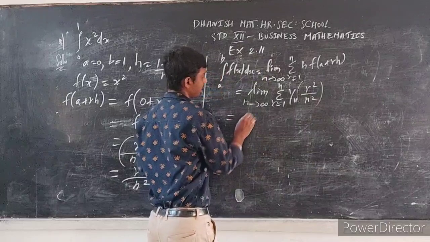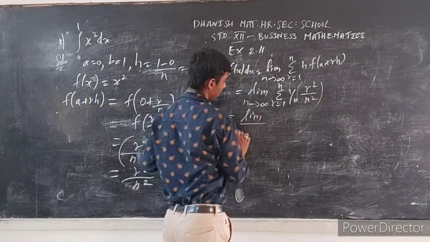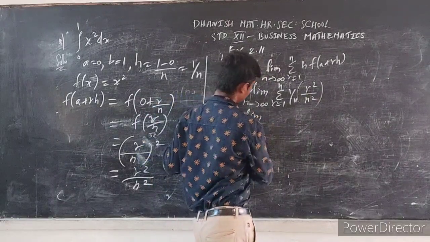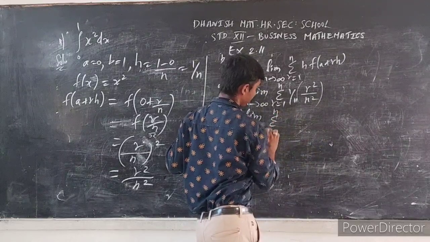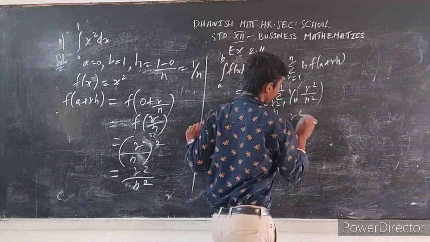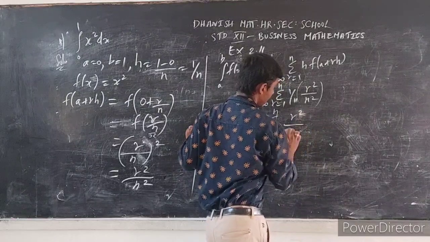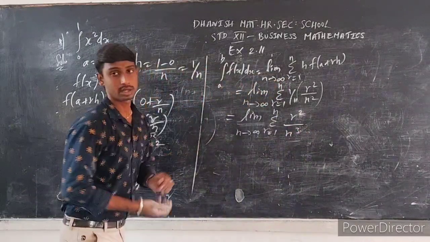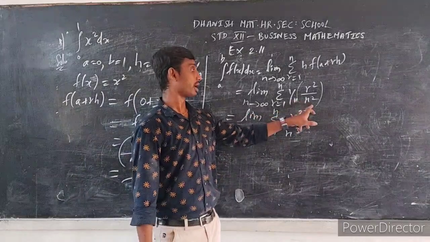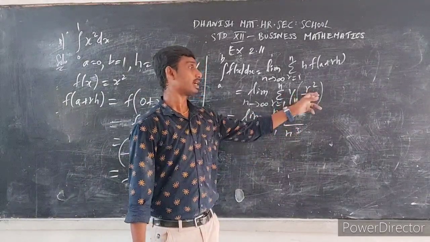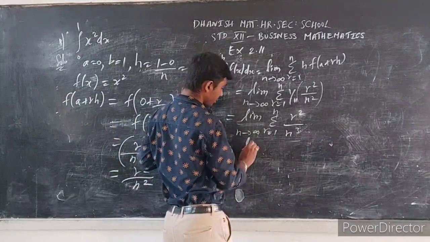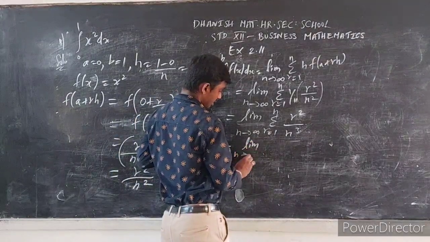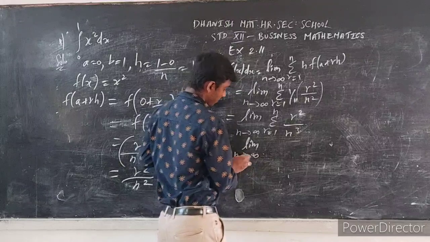So now here we are going to multiply this one. Limit n tends to infinity. So now this limit goes this way. This is the remaining one step here. So that is r square divided by n cube, because I am multiplying this one, n into n square will be n cube. So 1 into r square will be r square here. Then write the limit n tends to infinity.